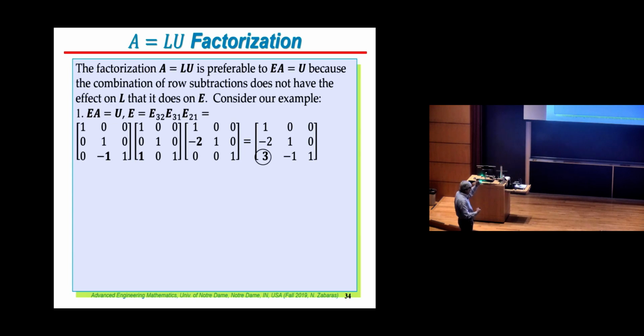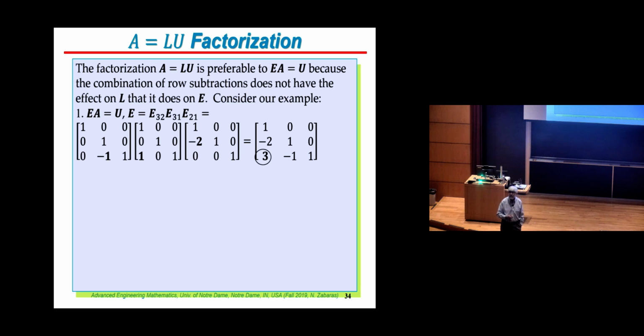So let's say you eliminate the element alpha 2,1, and then you go to eliminate alpha 3,1. When you're trying to eliminate alpha 3,1, to what matrix do you apply the elimination? You don't apply it to the original matrix A. You apply it to that intermediate matrix that you have computed after the first elimination. And because of that reason, you get this weird number there that there is no way you can guess it. So the elimination matrices are not good for you,